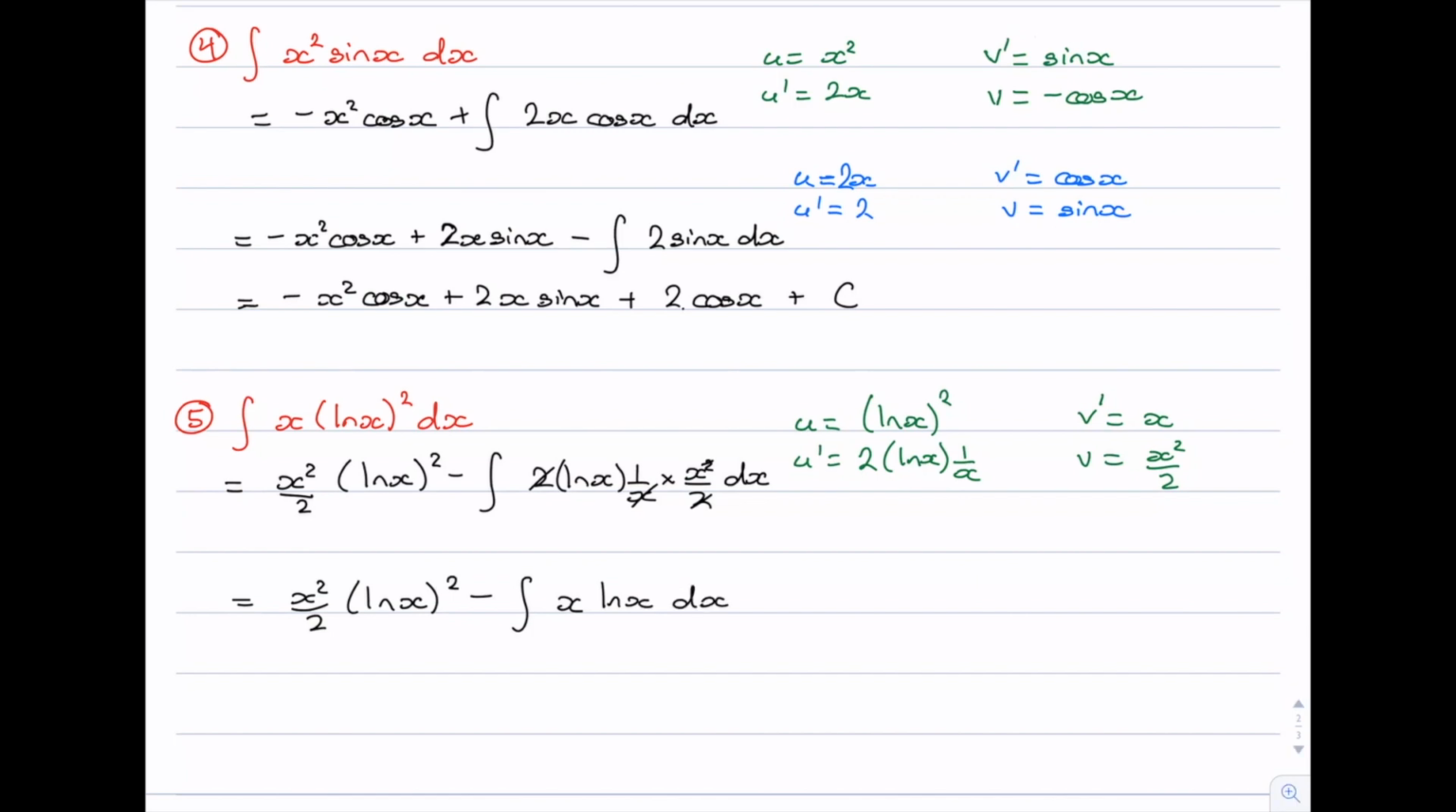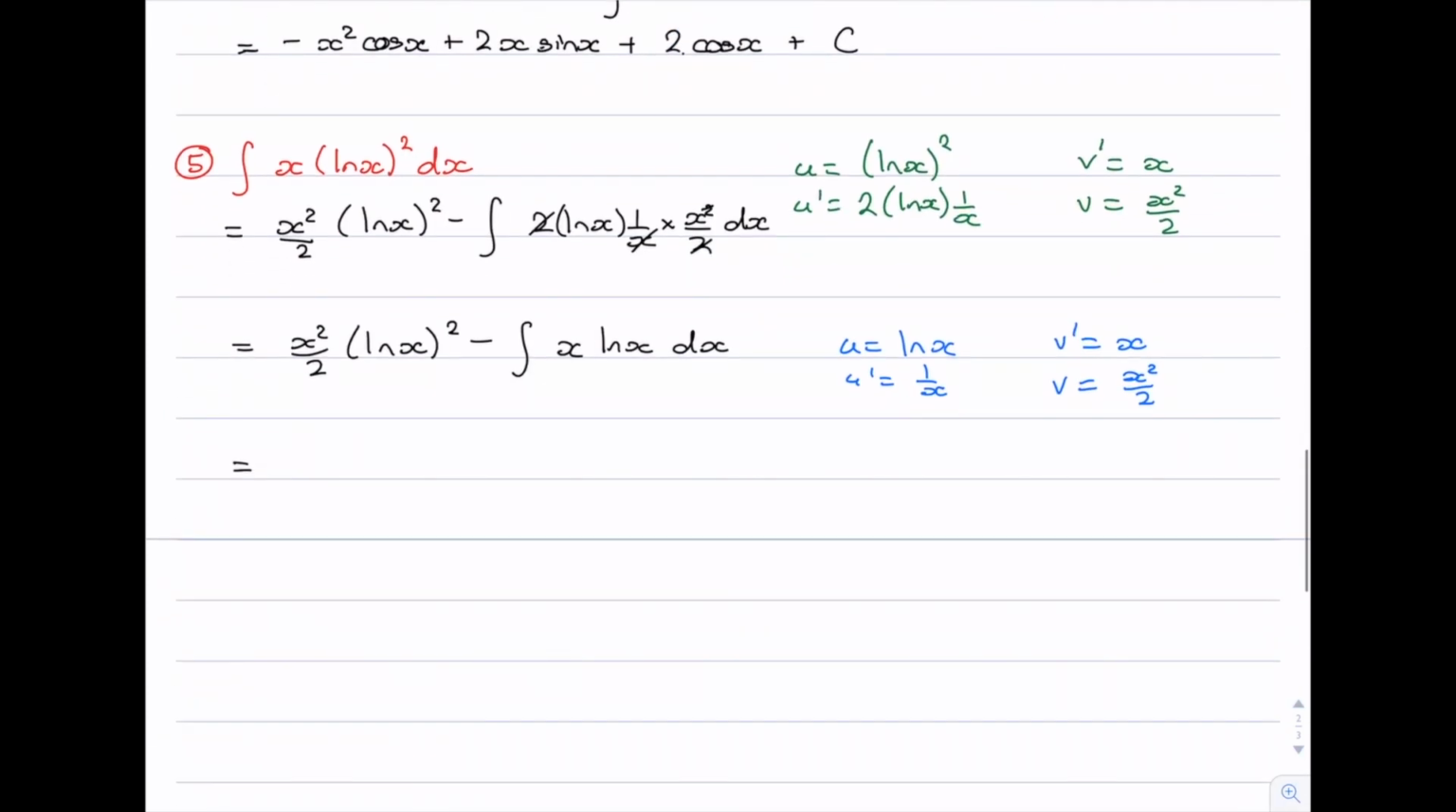And we need to do another application of integration by parts here. Again, we want to differentiate the log function. So u is going to be log x, and u dash is going to be 1 on x. V dash will be x, which means v will be x squared on 2. Again, we apply our integration by parts formula. Let's move this up a little bit. So we still have this thing hanging out at the front,